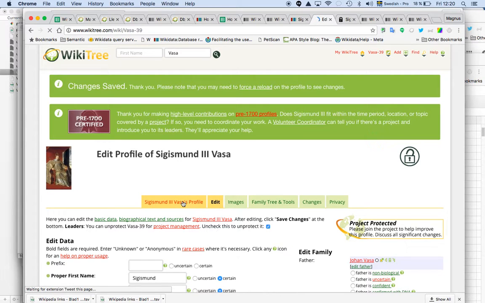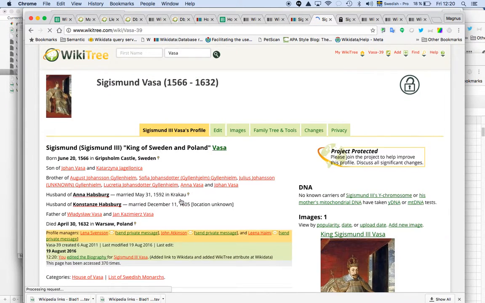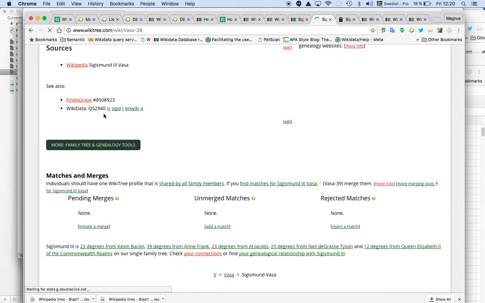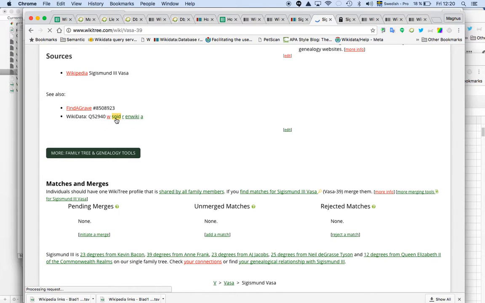So when we look at this now, we have the normal Find a Grave with an ID, but we also have this one, which is a link to Wikidata. Squid is, I think, a rather nice way to look at the Wikidata data. It's more formatted. So if I click on it,